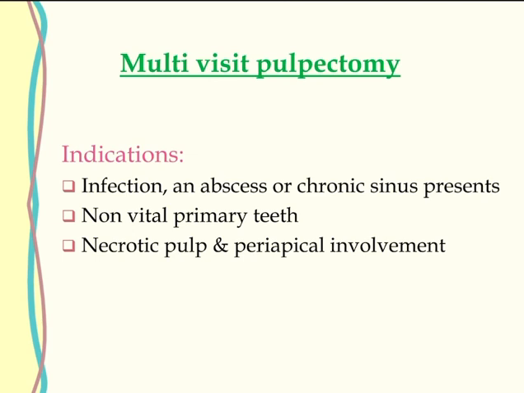Multi visit pulpectomy is for when the patient has an abscess, a draining sinus, or a chronic infection. In those conditions, in the first visit you do an access opening, debride the canals, irrigate the canals nicely, and give a plain cotton dressing. Over that, you give a temporary filling and recall the patient after 1 week. After 1 week, you do the obturation, so that the abscess would have subsided. That is referred to as multi visit pulpectomy. Otherwise, if there is no abscess or draining sinus, it's better to do a single visit